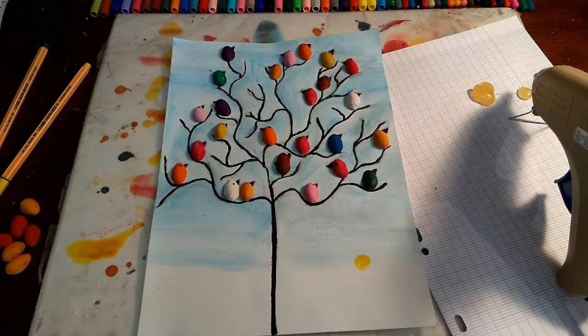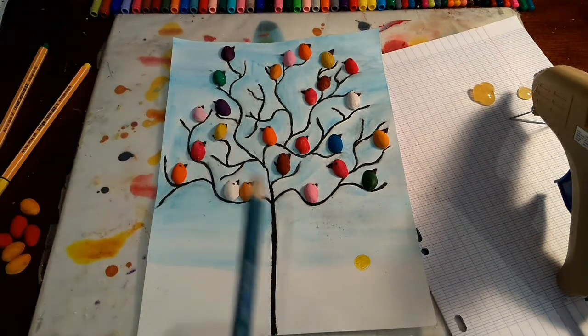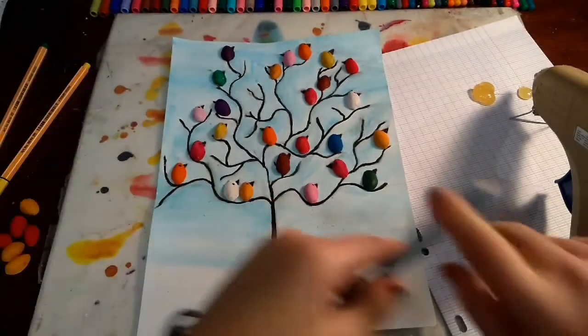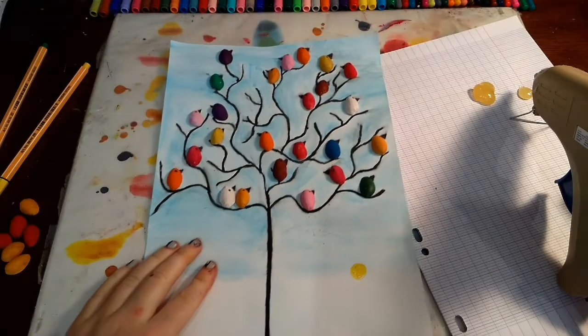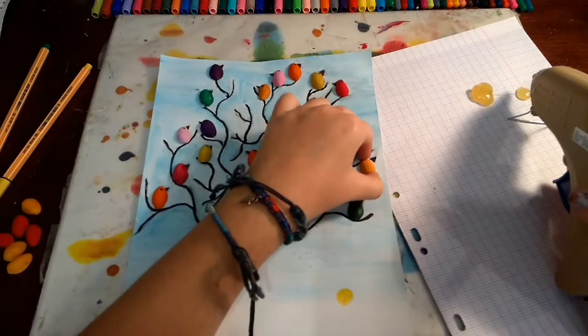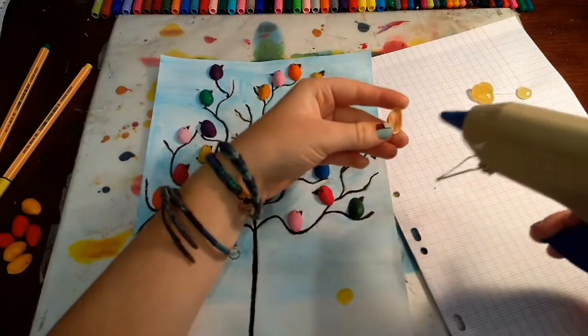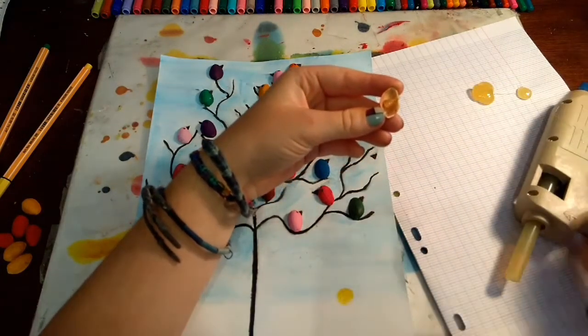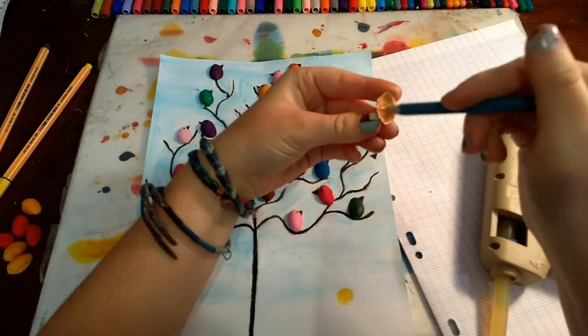Once you have placed all of your birds how you want them and all the colors that you would like to be in place, you have to glue them down with some glue gun or another glue that you have. And this is the tricky part. So you want to get an old pencil that you don't use anymore, and you want to try and glue it down with it. So you have to be careful not to burn your hands. So you want to get your glue gun, and you want to place some glue in the middle, and then with this pencil you help